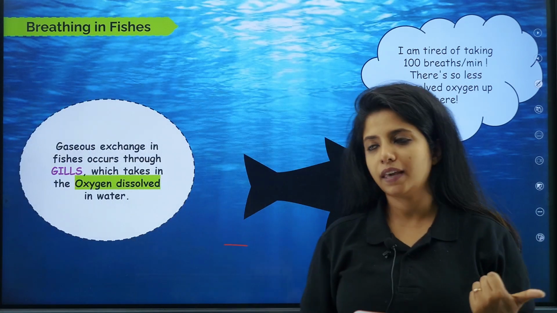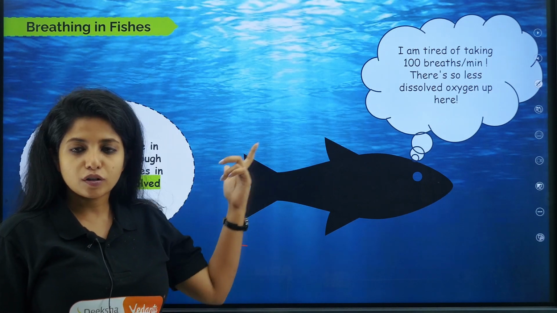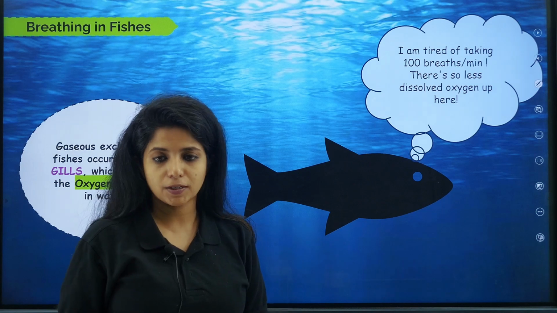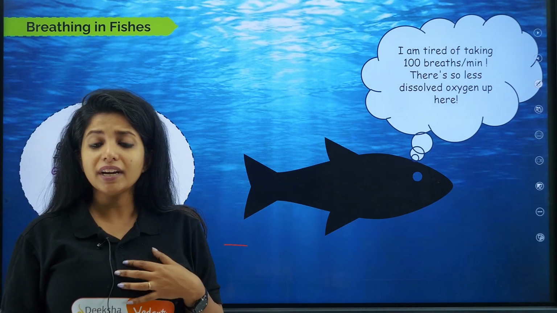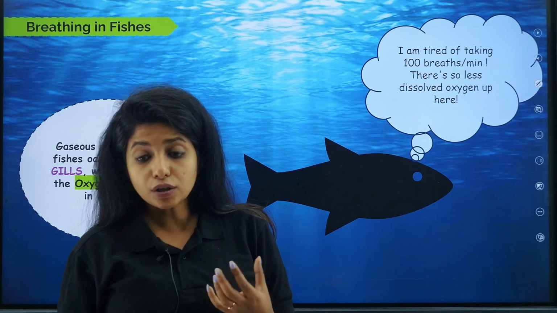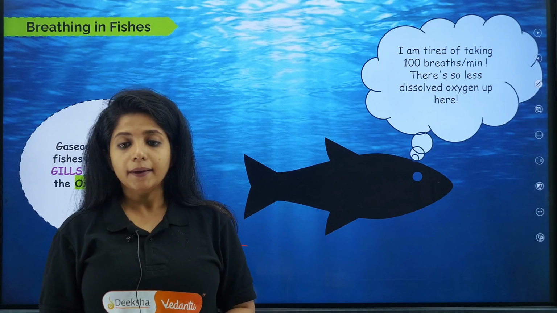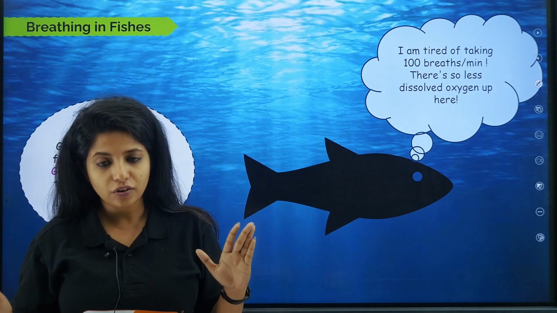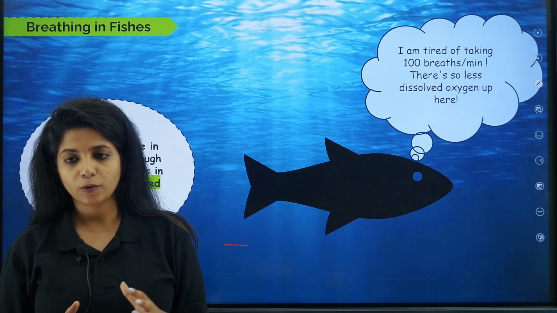So in the case of plants, they had stomata, they had intercellular spaces, they had lenticels. In the case of these cute little animals, they have what, children? They have gills for exchange of gases, okay? Now, we say that the rate of respiration or rate of breathing in the case of fishes is quite high. So you might have seen them doing this. I look like a dog when I did it, but it generally happens like that in the case of fishes. Why do you think they breathe so fast? What is the reason for that?